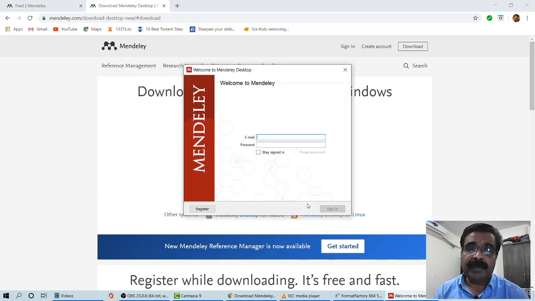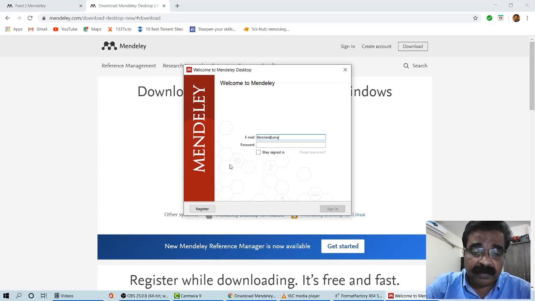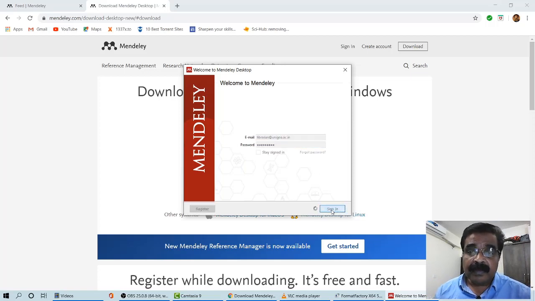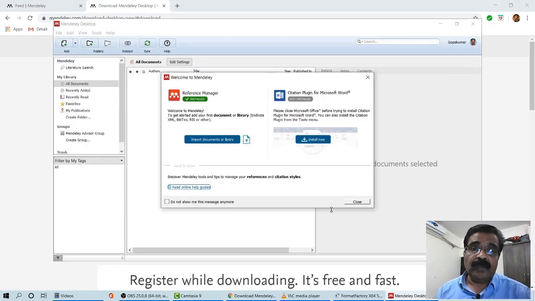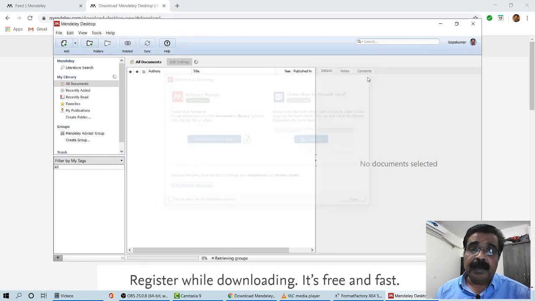Now you have to give your username and password. So this is the interface of Mendeley.